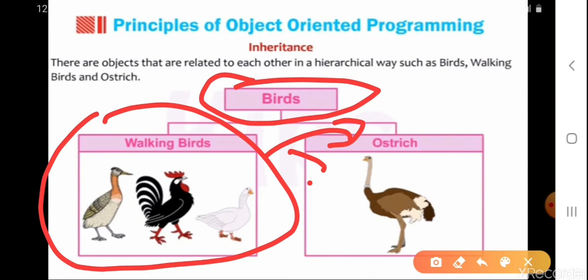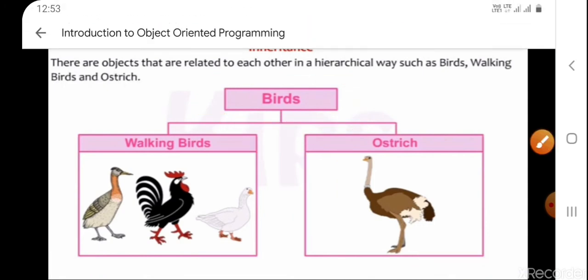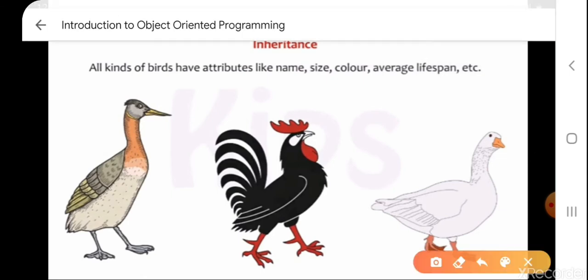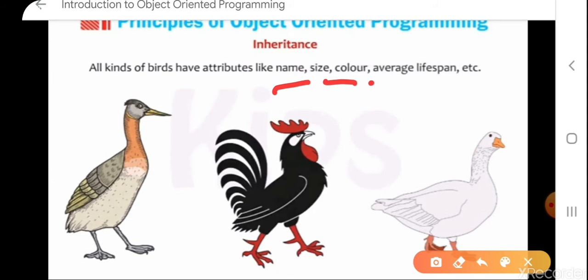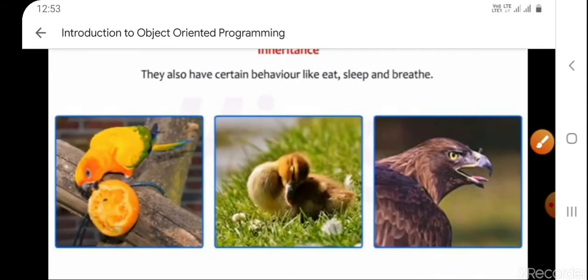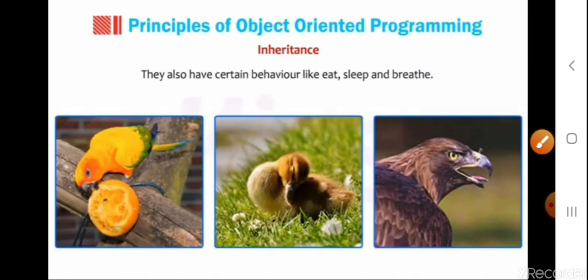Ostrich is a walking bird. All kinds of birds have attributes like name, size, color, average lifespan, etc. They also have behavior like eat, sleep, breathe, etc.